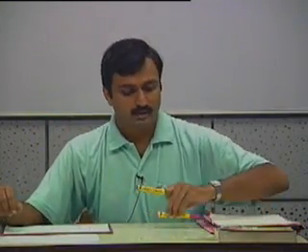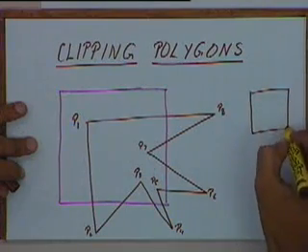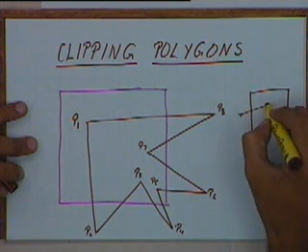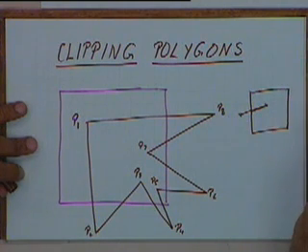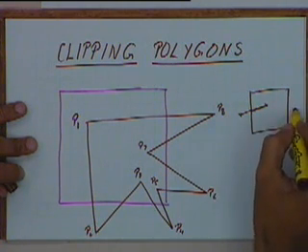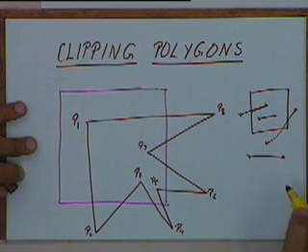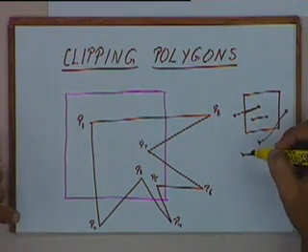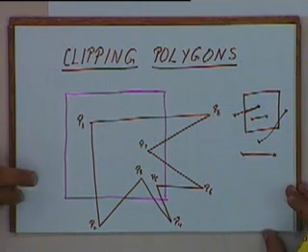Today we will be talking of algorithms for clipping polygons. In the last class we had seen methods of clipping straight lines and curves as a sequence of straight lines. We had seen that if we have a clipping window and a straight line crossing that window, how we can clip it at the clipping edge and get the portion which is inside the window. The line could be either like this or like this, or totally inside or totally invisible. We had seen different cases and methods of deciding what portion of the line lies inside the window and what portion lies outside.